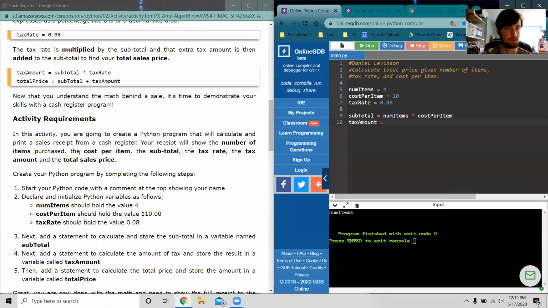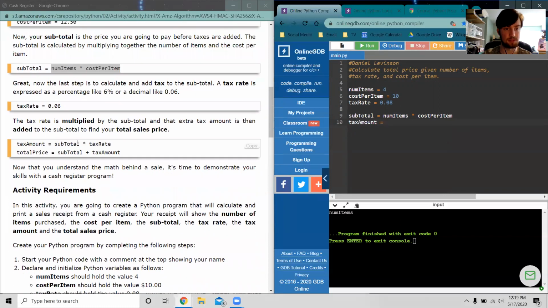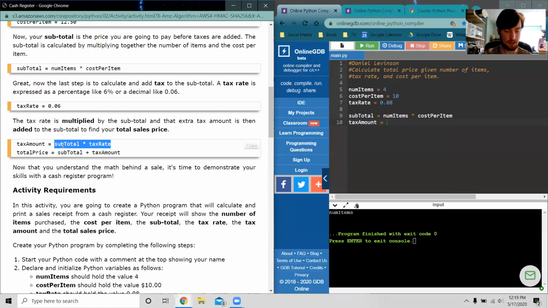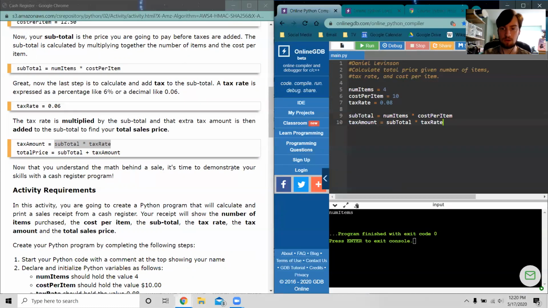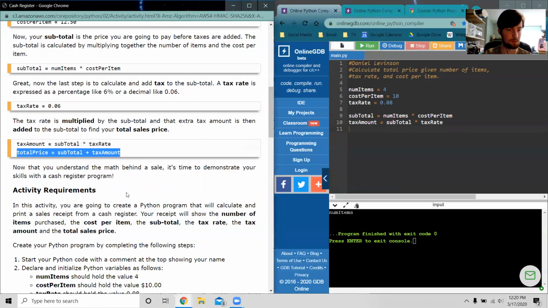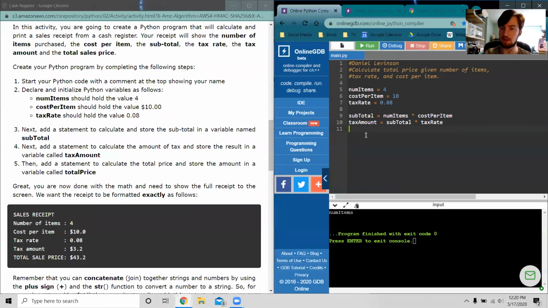Well, let's have a look at the instructions. It says, oh, that's subtotal times tax rate. Again, why are you going to calculate this yourself when you get the computer to do it? And then the total price as well, that I think was number 5. So look at that. You're going to get the computer to calculate all this itself, and you don't have to